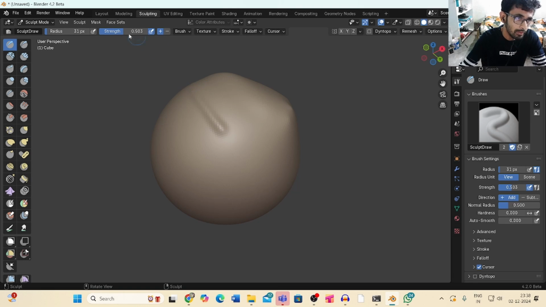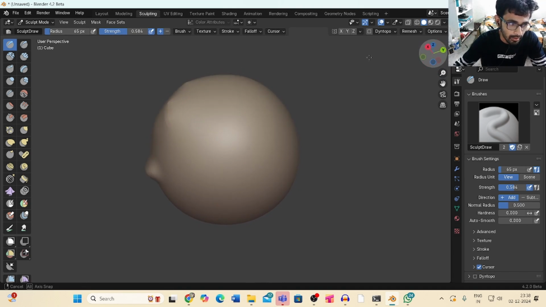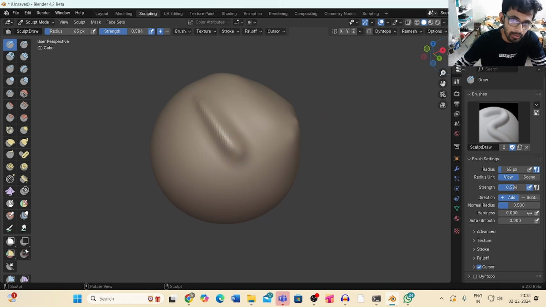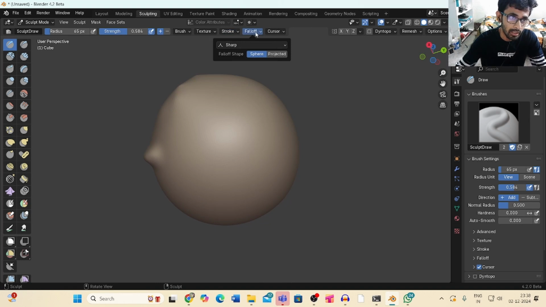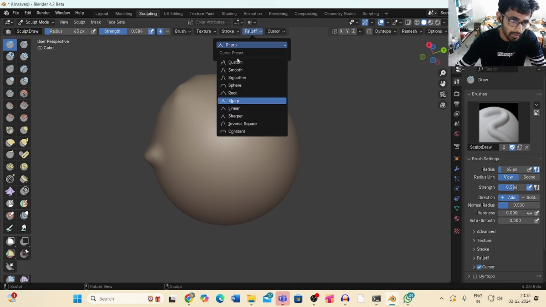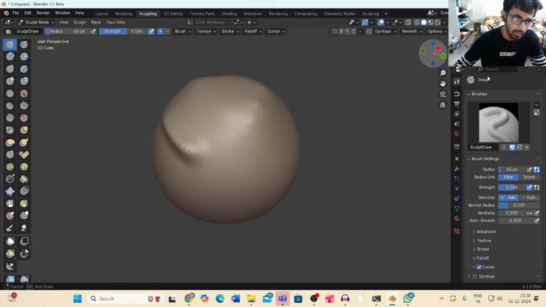Now if I draw like this, here you can see the transition, and from the center to the end point, the transition is sharp. We are now in sharp mode, but if we use the linear or smooth, let me use the smooth. If I draw again with the smooth falloff,